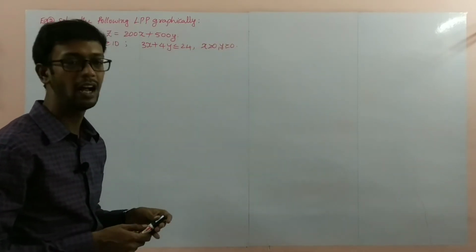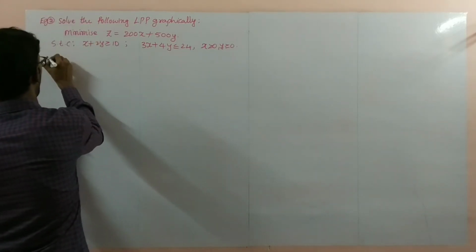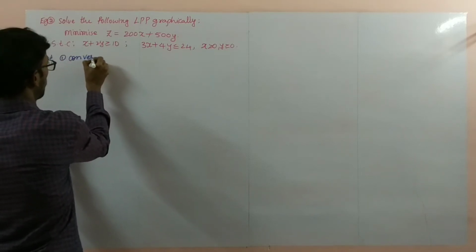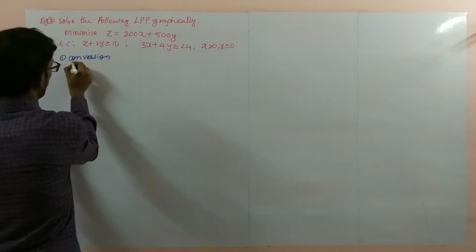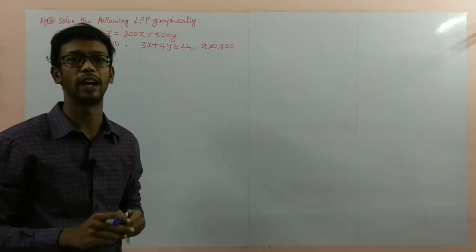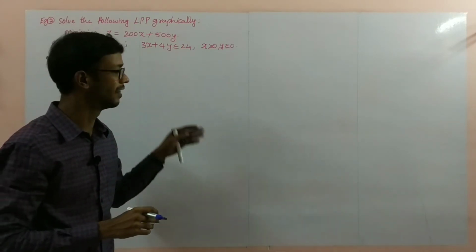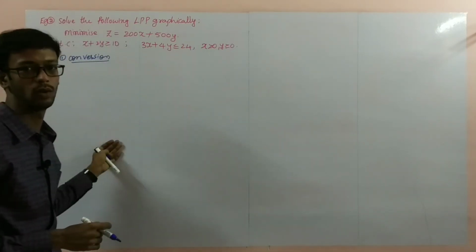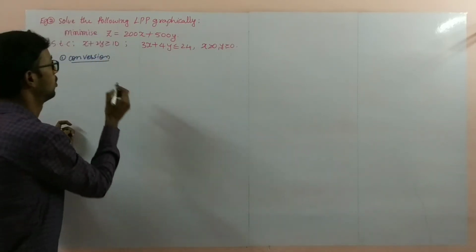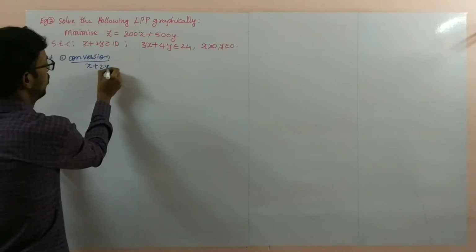So now you see the problem solution, same as before. Solution, first one, conversion. This whole writing part, the graph sheet has two sides. One side is the graph sheet, another side has lines. In the lines part, only the writing is done; the graph is on the graph sheet side. Conversion: first of all, convert the inequations into equations.